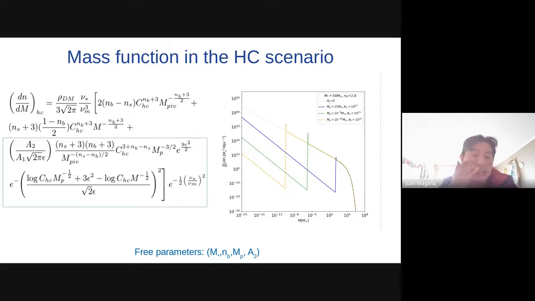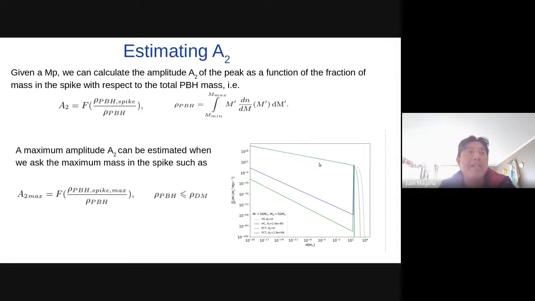Well, we have a problem with this kind of extended mass distribution, and this problem is that now we have four free parameters: m star, the blue index, the position of the peak, and the amplitude of the peak. In this example, I put by hand the value of the amplitude A2, but we don't want that. There is one way to estimate a physical value of this amplitude A2, and the procedure is as follows. Given a peak mass, MP, we can calculate...